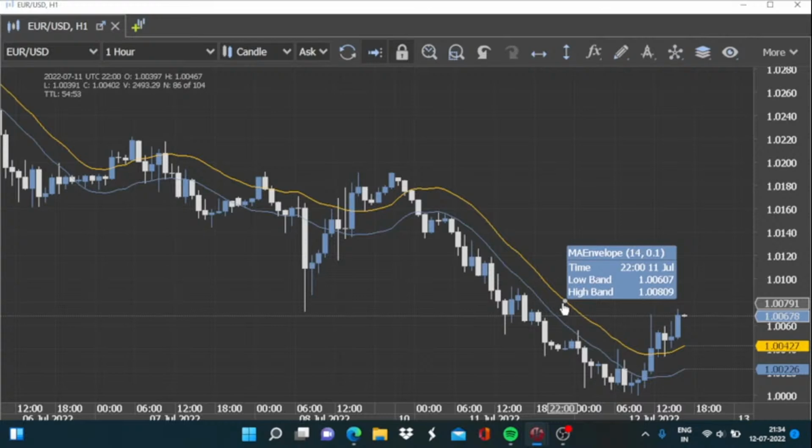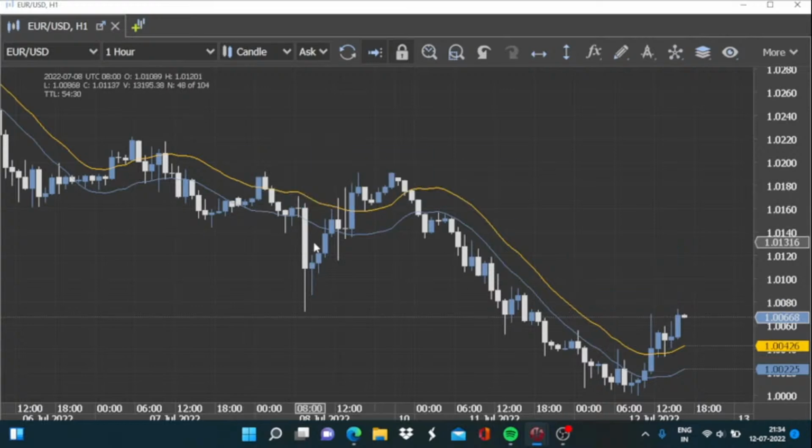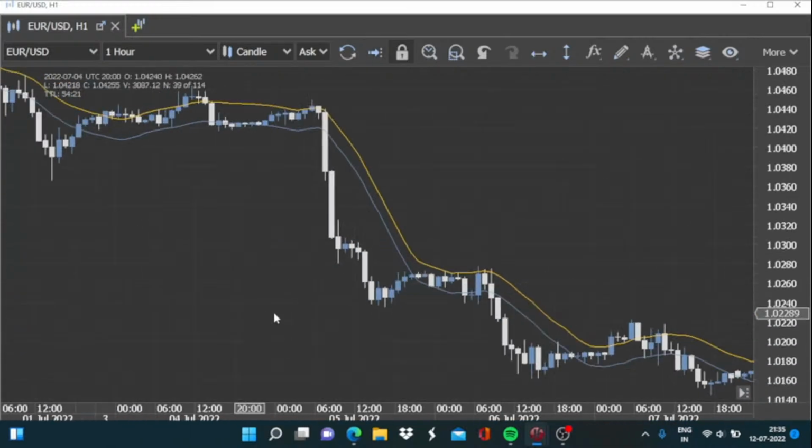So we have the moving average of 14 hours considered for this formation, and along with that the standard deviation of 0.1 has been applied to form these two bands, one on the higher side, one on the lower side. So we get these price bands where we can use this price band to see if the underlying instrument is trading sideways or if it is trending, and it is to that extent it can be helpful to